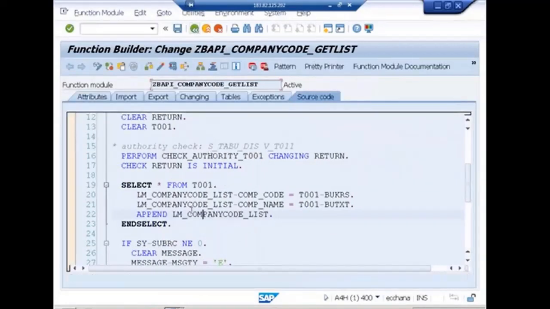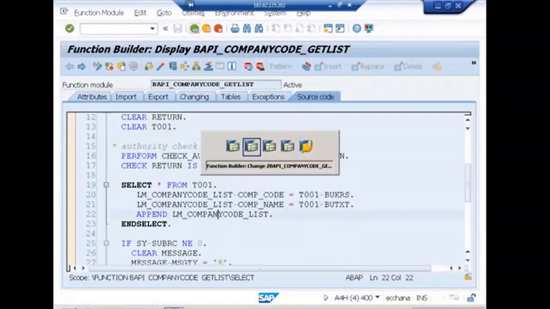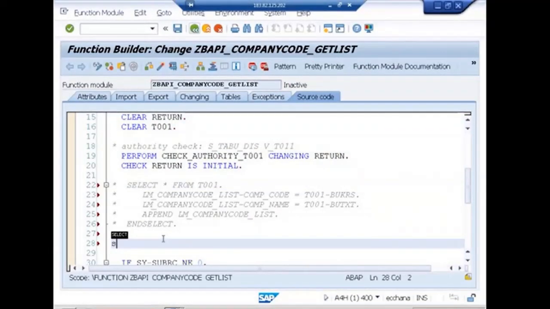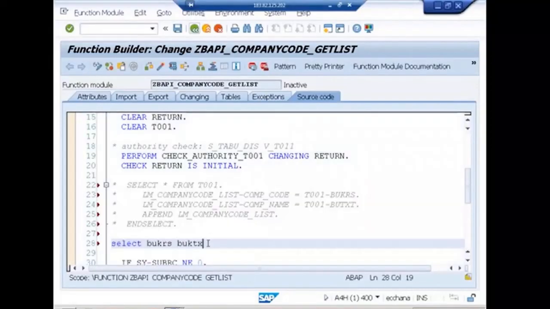So now I need to get, okay, and you can see the code also. Unnecessarily they are getting 82 fields, but they are assigning only what? Two fields. So you need to address this. When you are getting the data, you need to address this. Okay. So what I'll do now? Select. What are the fields you want? BUKRS and what? BUTXT,